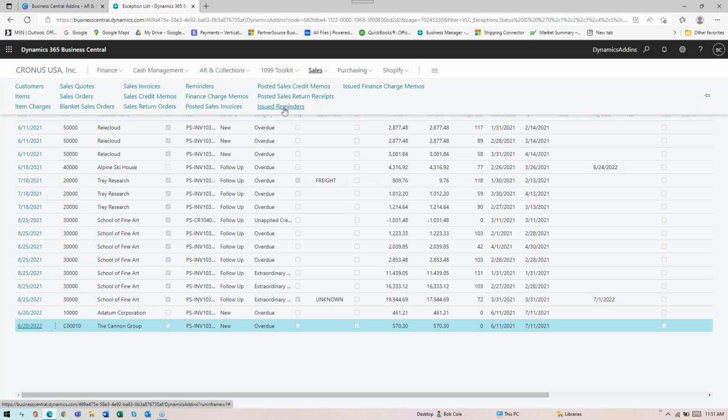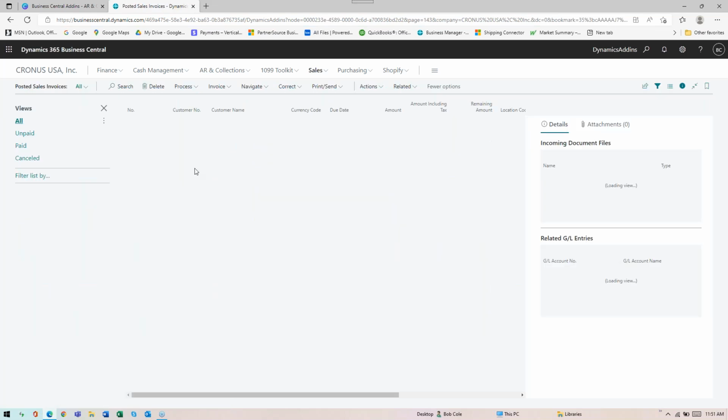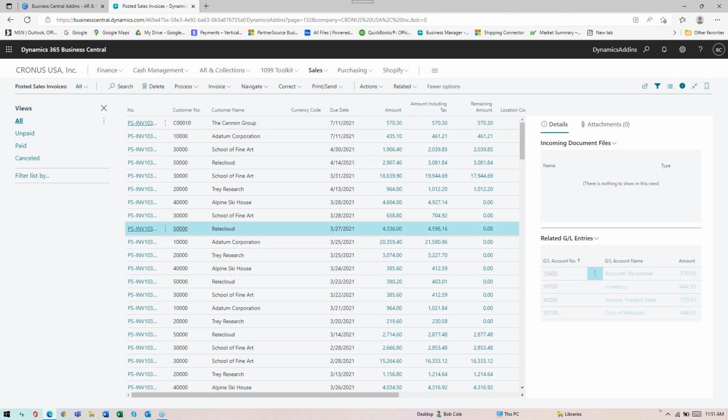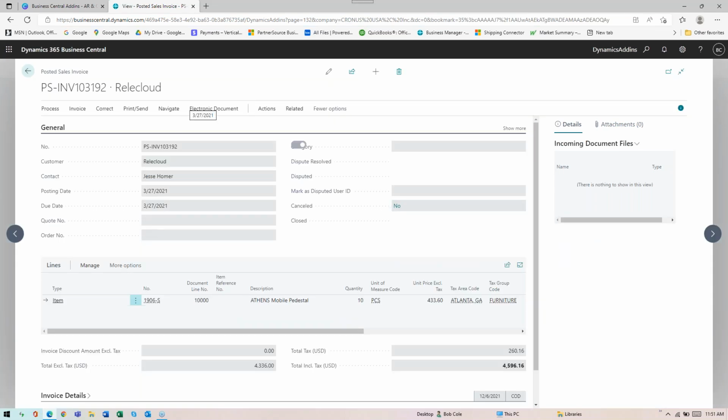So if we go over to posted sales invoices, let's say that an invoice was sent to the customer yesterday. They open it up this morning and they look at it and they say, this invoice is wrong and I'm not going to pay it until they fix it. Now, the first thing that most people do when they call up, whether it's a collections rep or whether it's a customer service person, is they will open up the posted sales invoice so that they can view what the